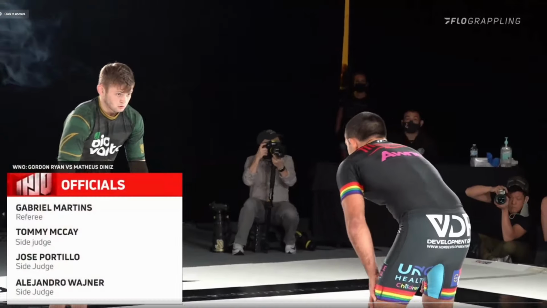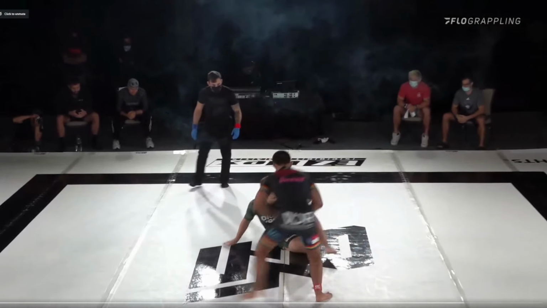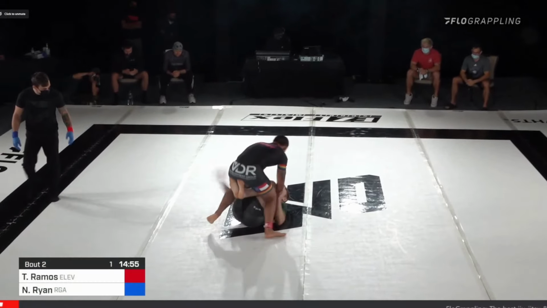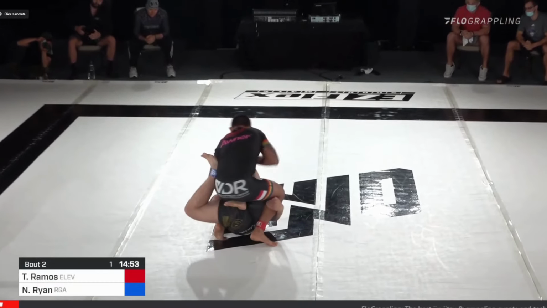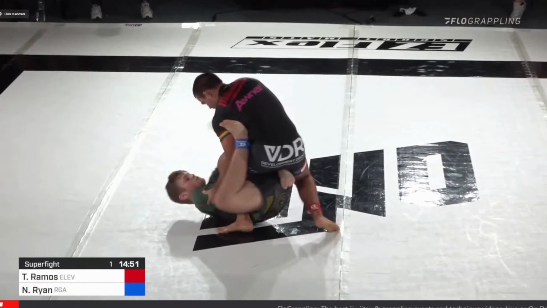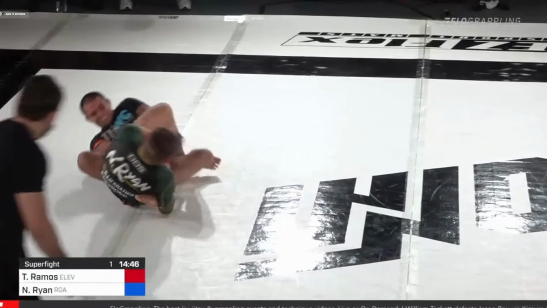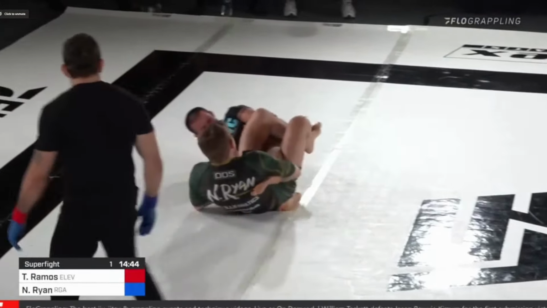Next, we have a very quick match between Nicky Ryan and Tony Ramos. I like this clip a lot because it's short, sweet, and to the point. Nicky pulls guard, establishes a leg entanglement, destabilizes Tony to his hips in order to immobilize him, which also allows Nicky to isolate the leg in the process, capture the toes, and get knee-hip alignment, all letting him finish with